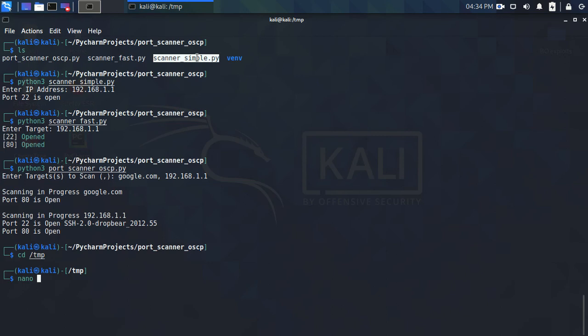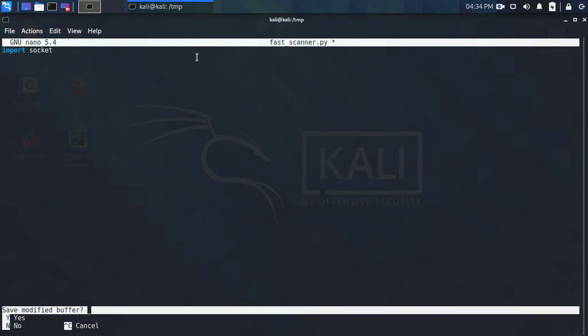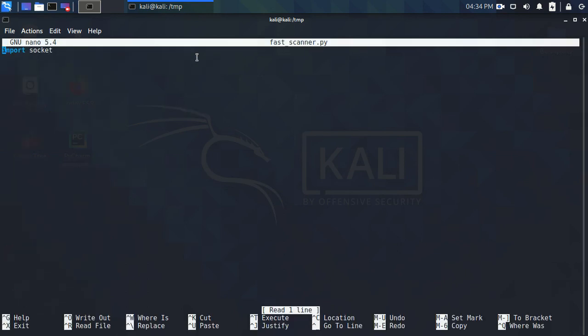and I'm going to call it fast scanner.py. So the first thing I'm going to do is import socket. Now before I continue, I want to really show whether I can save this file or not. Yes, as I've told you, if I were working in any other directory, I wouldn't be able to do that. Since I'm working within a temporary directory, I can do that. So I'm going to import socket,